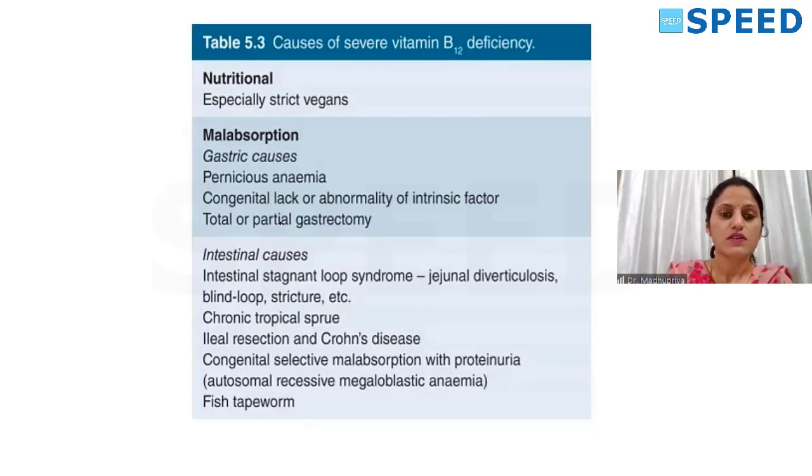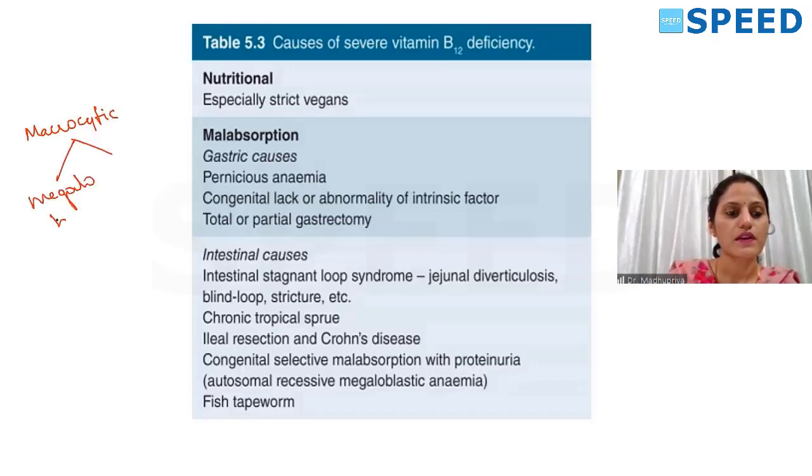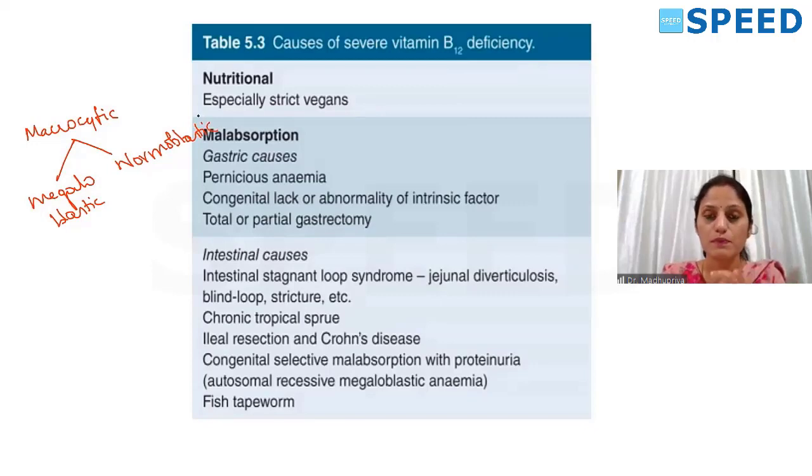What are the causes? Before getting into that, macrocytic anemias, I told you the list, isn't it? This macrocytic anemias can be megaloblastic or normoblastic. This normoblastic and megaloblastic is based on the presence of megaloblasts or normoblasts. These are erythrocyte precursors. If the erythrocyte precursors are also larger, then they are called megaloblastic macrocytic anemias. If they are normocytic and only we are seeing macrocytes on the peripheral smear, it is normoblastic macrocytic anemias.